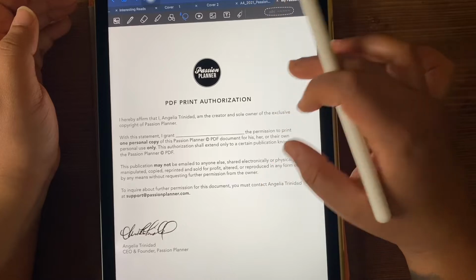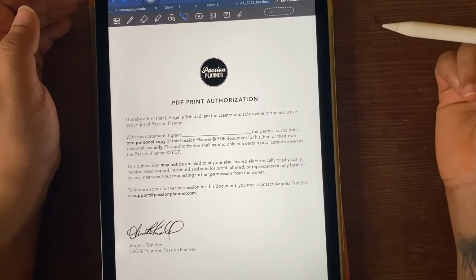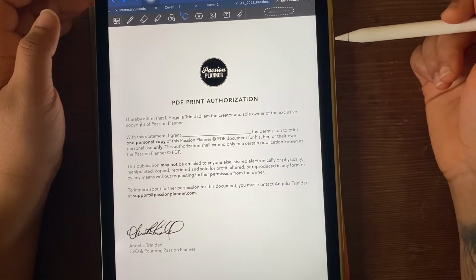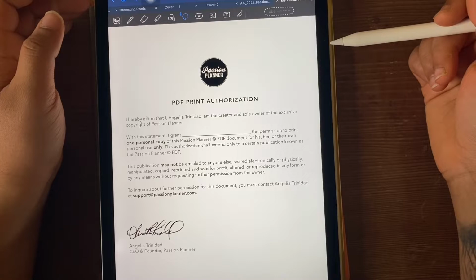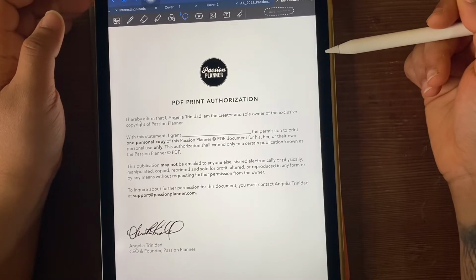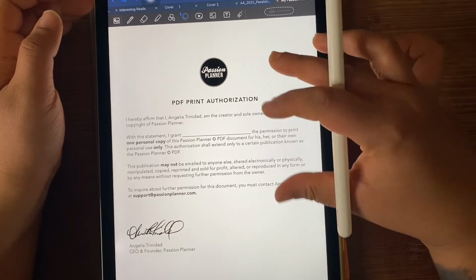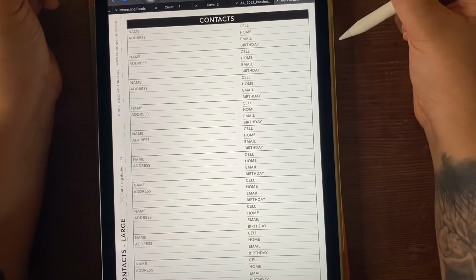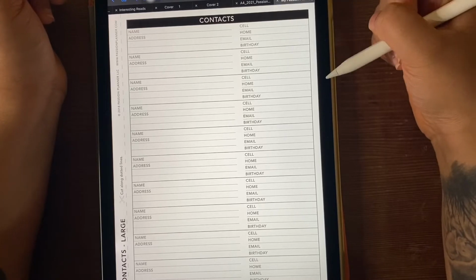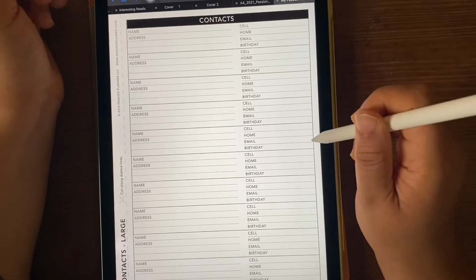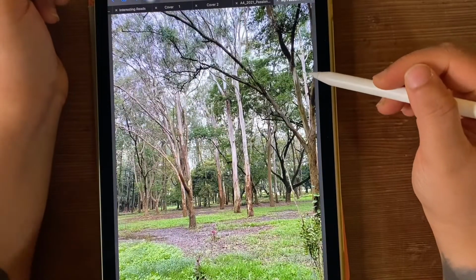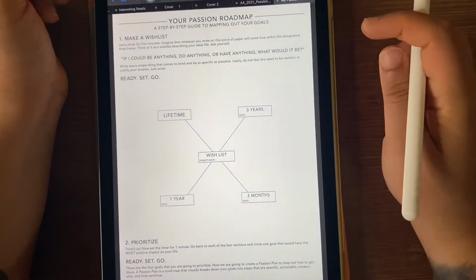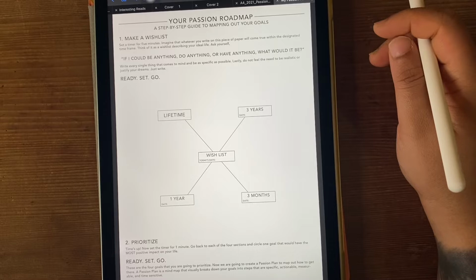Now, the very first thing that I did was download the PDF print authorization, which Passion Planner provides. And so this is essentially helpful in acting as proof that you have downloaded these free inserts and worksheets with the awareness and permission of the Passion Planner company. Now after that, I've added a contact sheet where you can include the name, email address, and everything you want of people who are in your contact list. I've customized it with a photo right after that, and after this begins the actual planner,